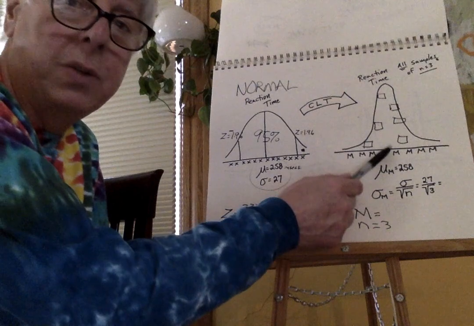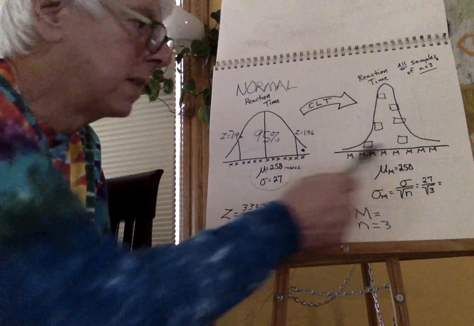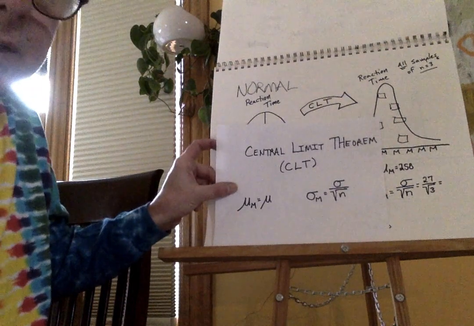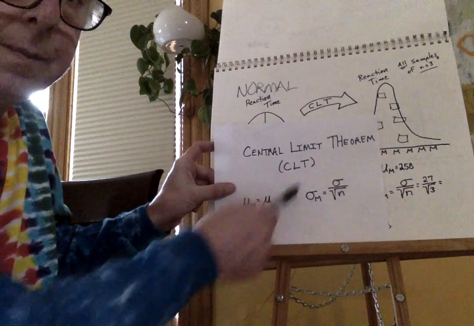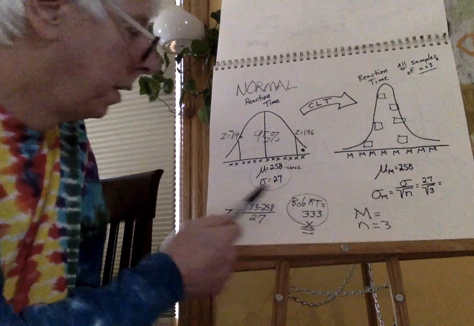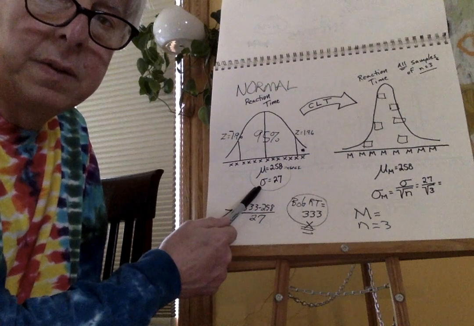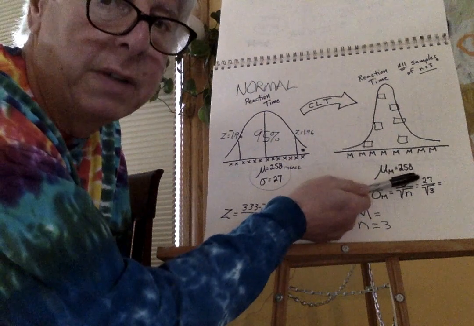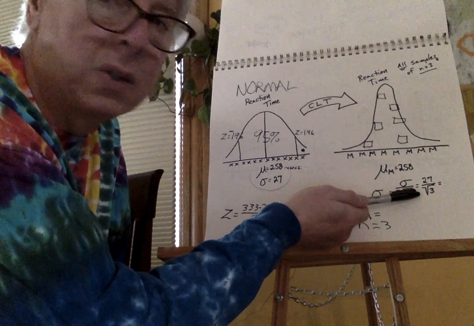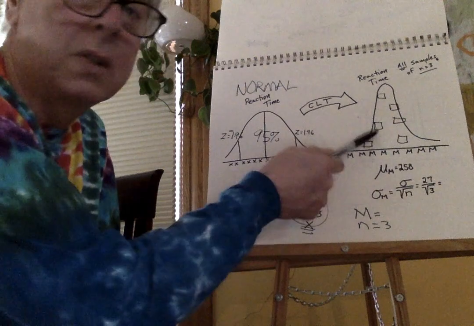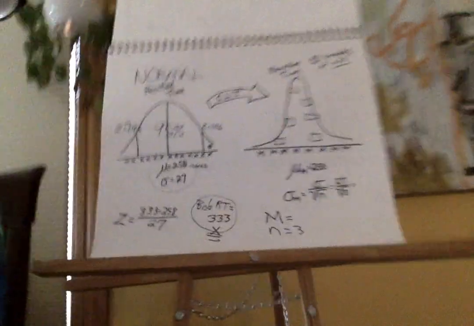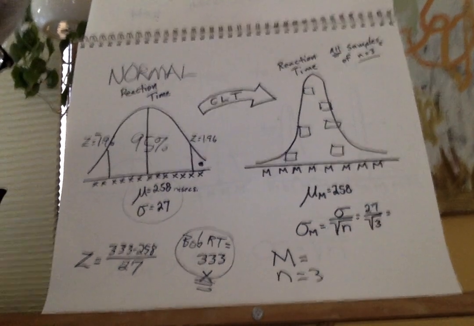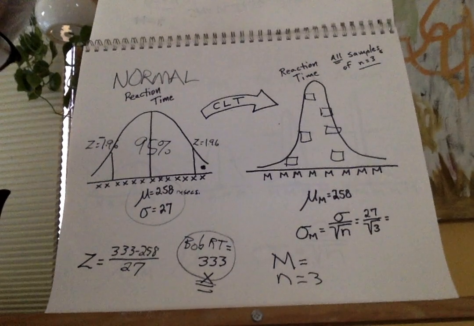I know that this distribution is going to be less variable. How much less variable? Central limit theorem. This is what it's going to look like. Right here, folks. Individual scores, 27 for the standard deviation. Samples of 3 will look like this: 27 divided by the square root of 3. That's what this distribution will look like. Okay. 27 divided by the square root of 3. Why don't you calculate that? And